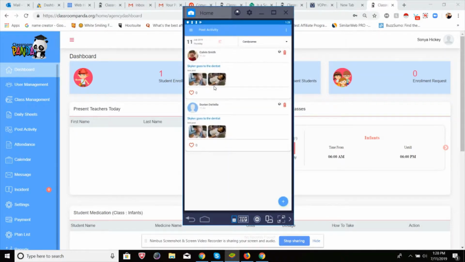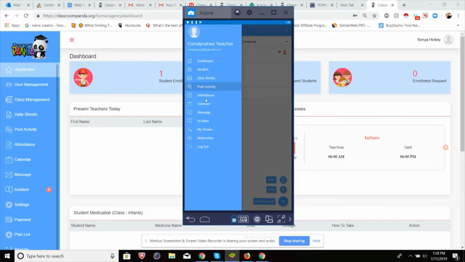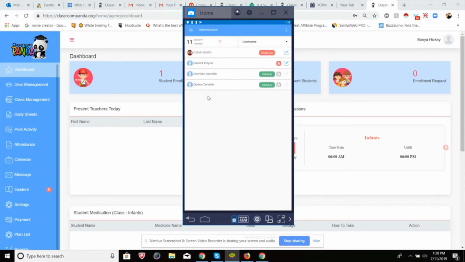In your post activity, you are able to have complete control over who sees what, so you can easily add or delete a picture just by clicking the trash button there. Or if you want to add a video, of course, you also have your video options of adding in there. From there, once you're complete with that, you can also go over to your attendance and check somebody in and